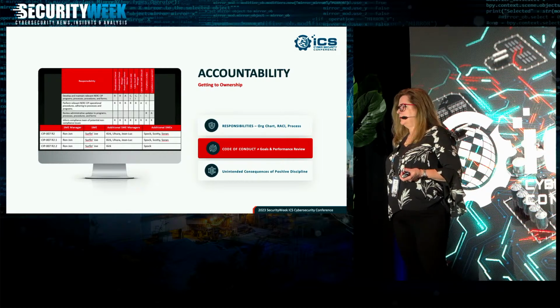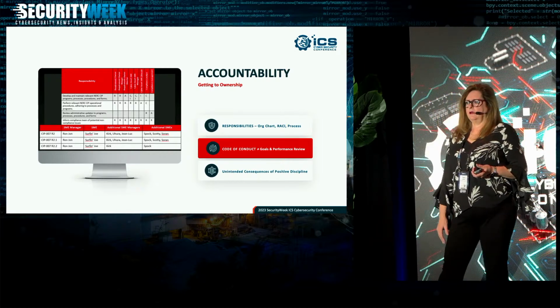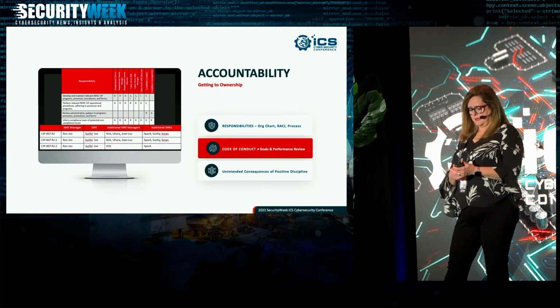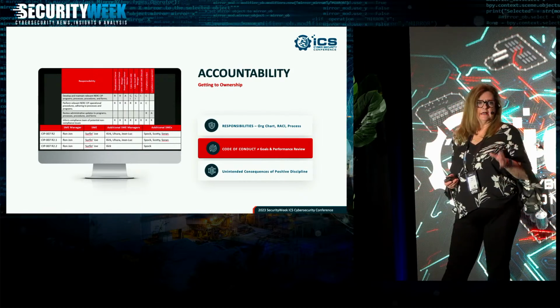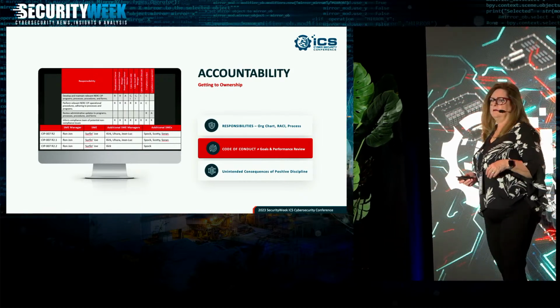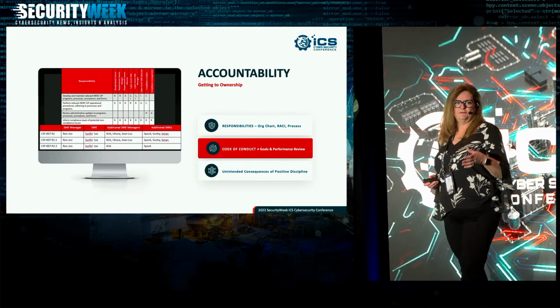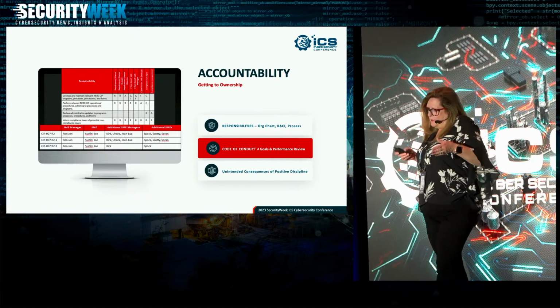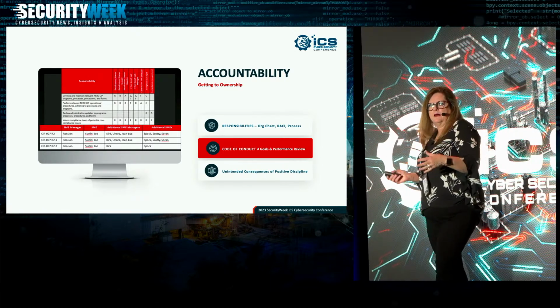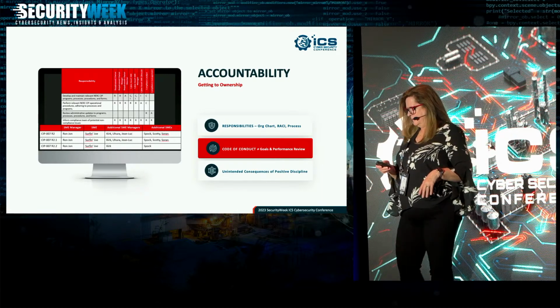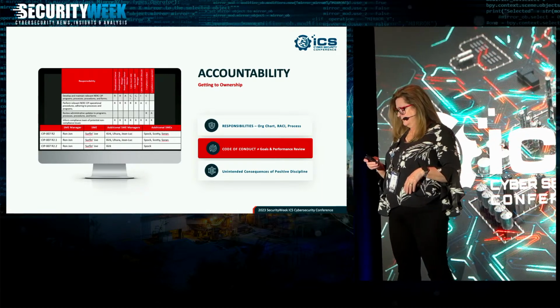You're going to wind up with people hiding things. And that's not what you want. You want people to speak up when you're out of compliance so that you can get it fixed and move on. And yes, with some regulations, that moving on takes some time because you have to spend a lot of time investigating, but don't drive that wrong behavior.